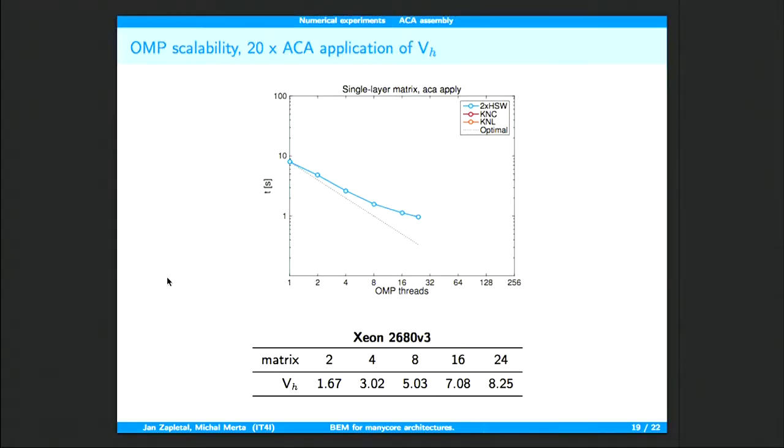The problem with ACA is that it creates blocks in the matrix, but the blocks are not contiguous. In fact, this is just a virtual block. The block basically means that you take some rows of the matrix and some columns of the global matrix. So the rows and columns are spread in the global matrix, and if you perform the multiplication, then the global vector that you multiply,